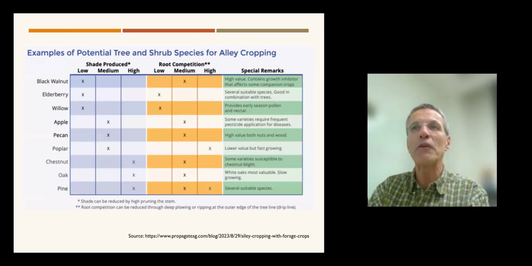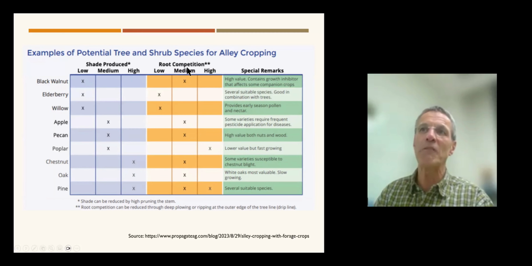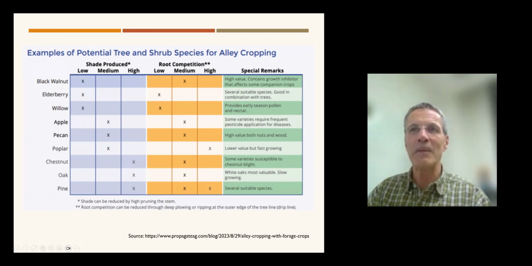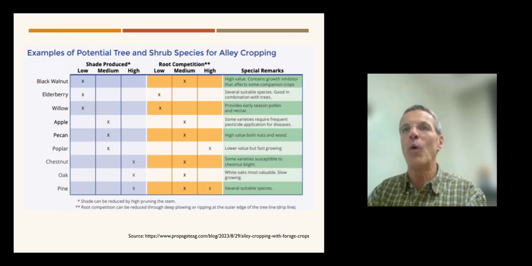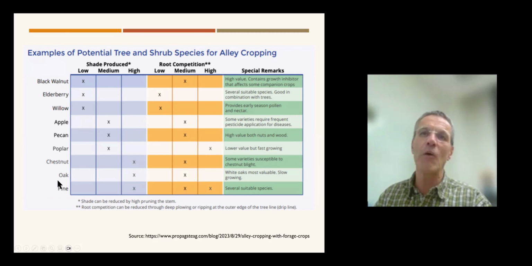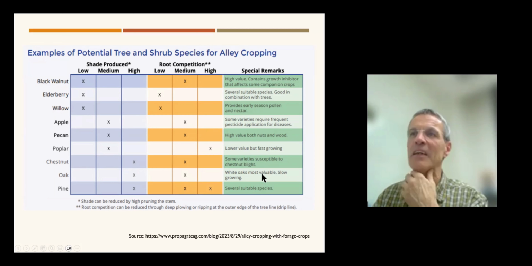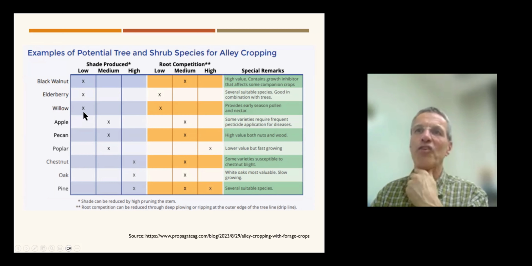But you have to be very careful in how much shade is produced, how much root is produced. And so you have to kind of think about that in advance. Is there something compatible between what I grow in the alley and what I grow as my tree crop? So you need to think about that compatibility. And willow, for example, low shade, low root competition, and it provides some early season pollen. So that's kind of nice. But it's not very valuable, the willow. And so other things are much more valuable, but they might have a lot of shade,